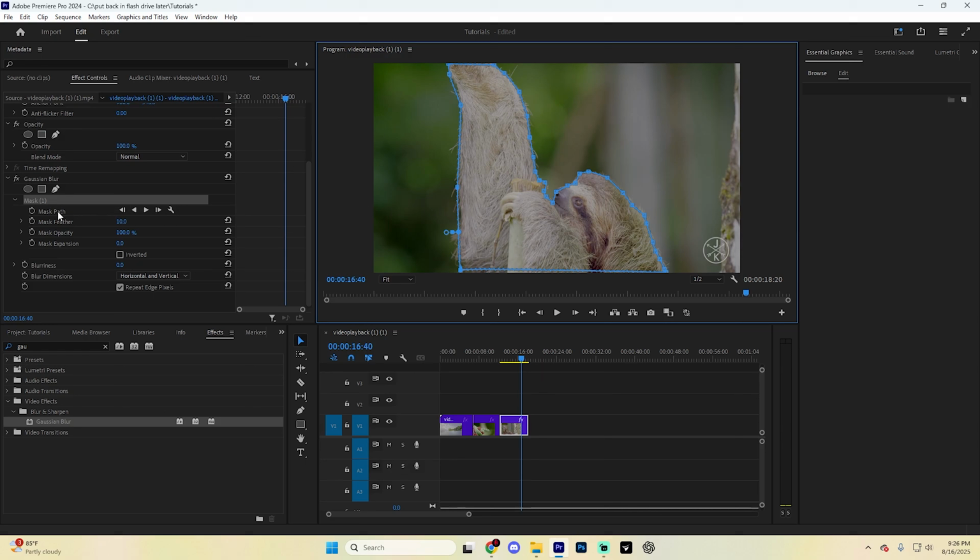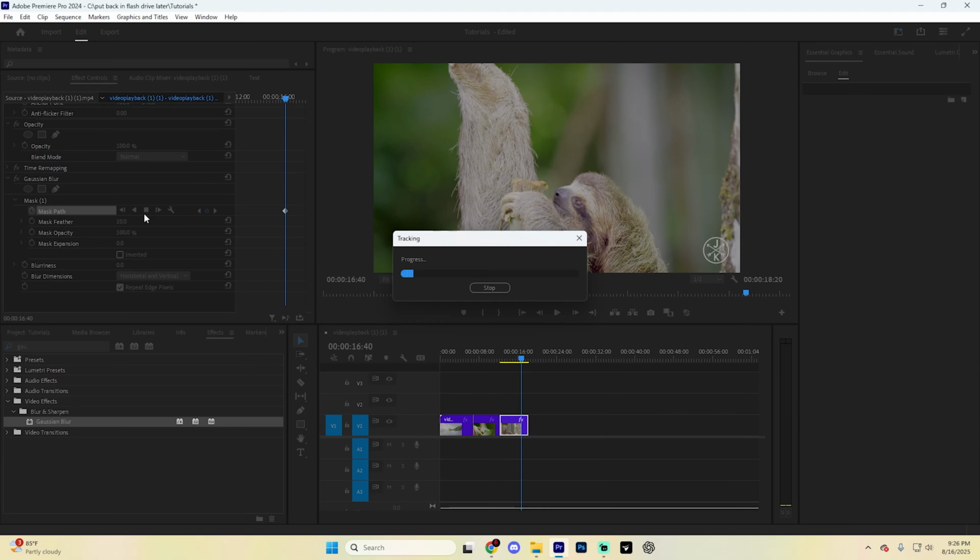Now, if you want to enable the automatic mask tracing, click the stopwatch right here next to mask path, and then hit play, and it's going to analyze your current clip, and Premiere Pro is going to automatically track your subject frame by frame and make sure that they're masked out